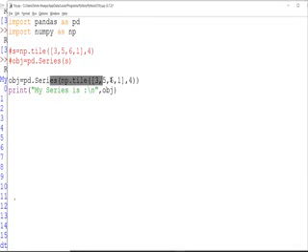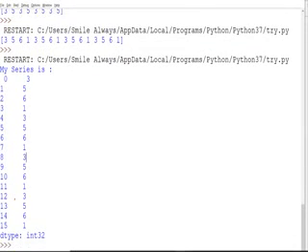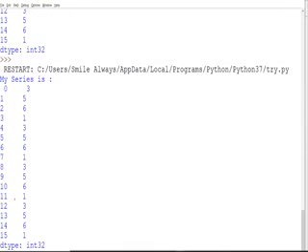This is called nesting of a function, meaning one function inside another function. You will get the same answer in this also. Any doubt up to here?